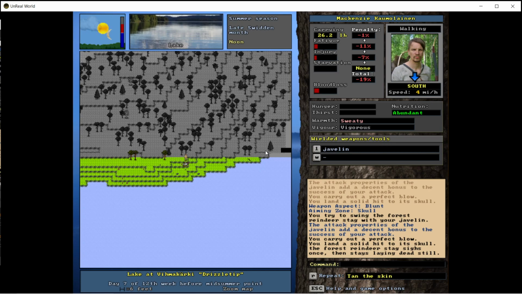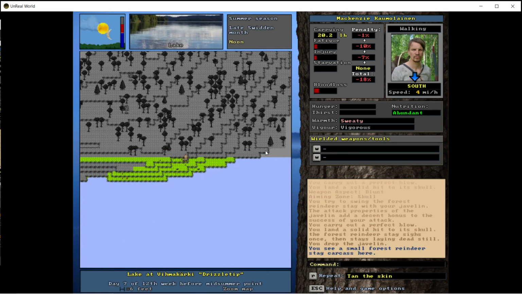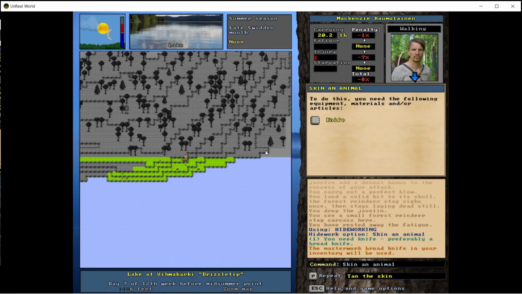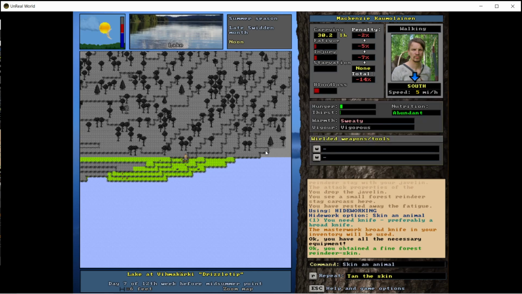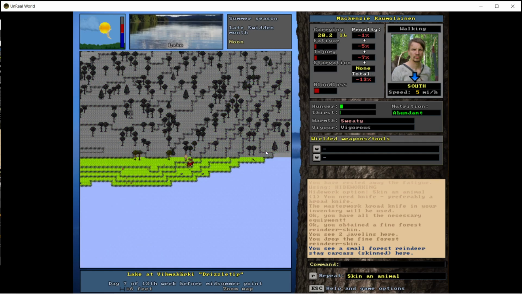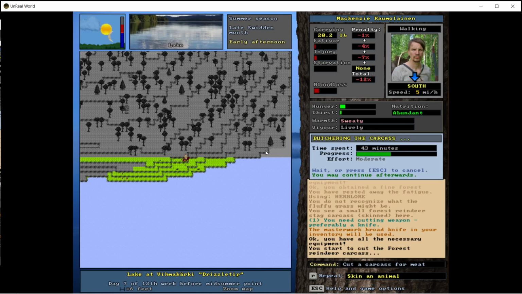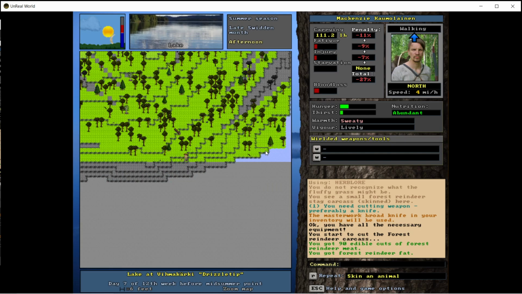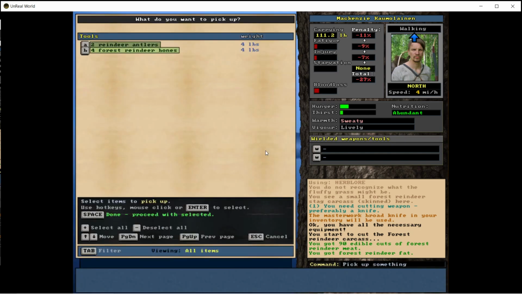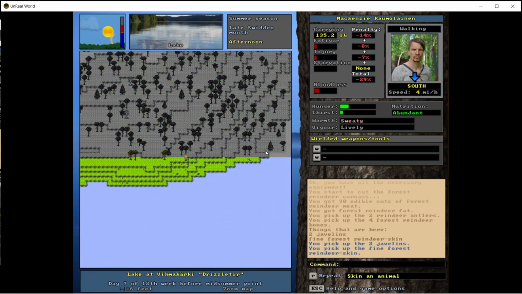Okay. Drop the 2 javelins. Small forest reindeer stag. Rest off fatigue. And skin him. Fine skin. Rest off fatigue. Do some herb lore. Fluffy grass. Butcher him. 90 cuts. We'll take all the bones, I guess. And head back to